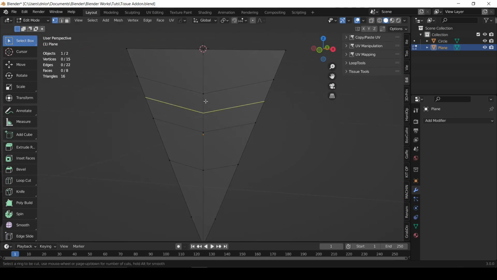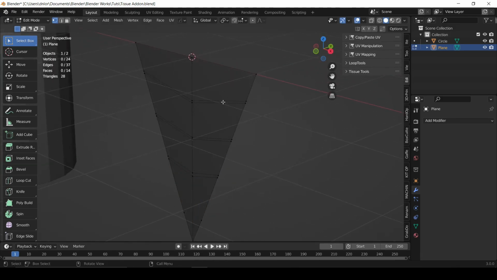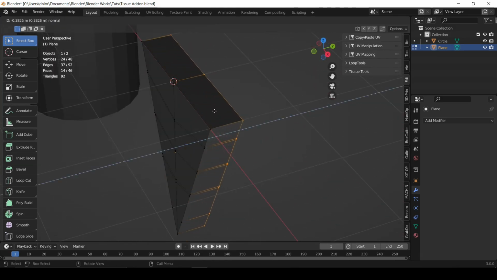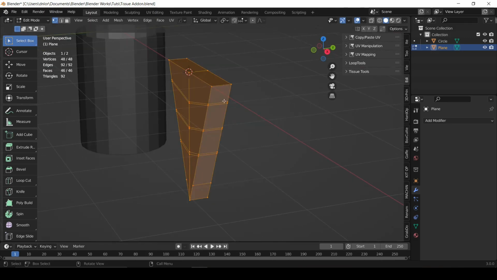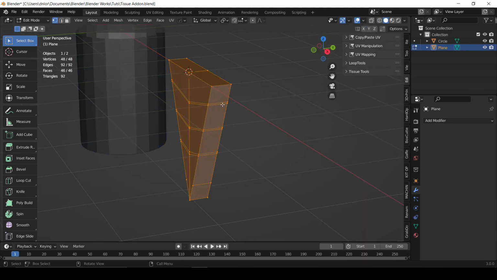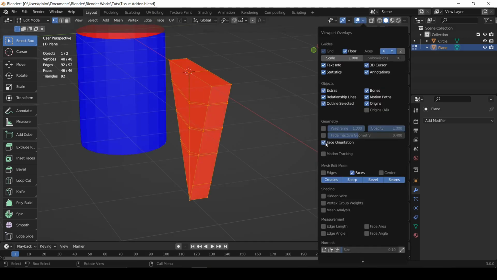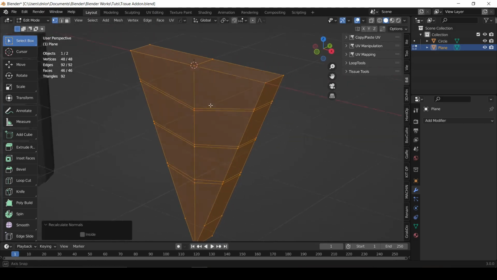Okay, so I'm going to use Control R, just bring this up, Control R again, and Control R again. Select everything with A and extrude it. It automatically extrudes on the local Z axis, and then select everything. It's a good practice to check and confirm if your normals are alright. So you can see that red shows that the normals are flipped, so we'll Shift N to change that